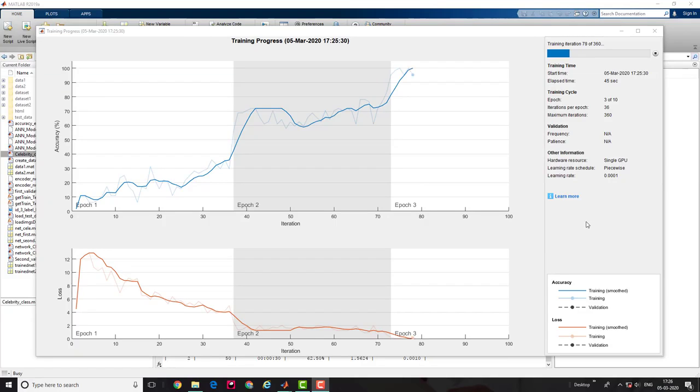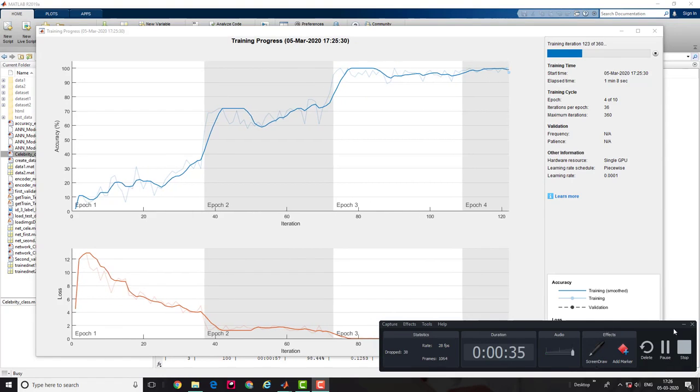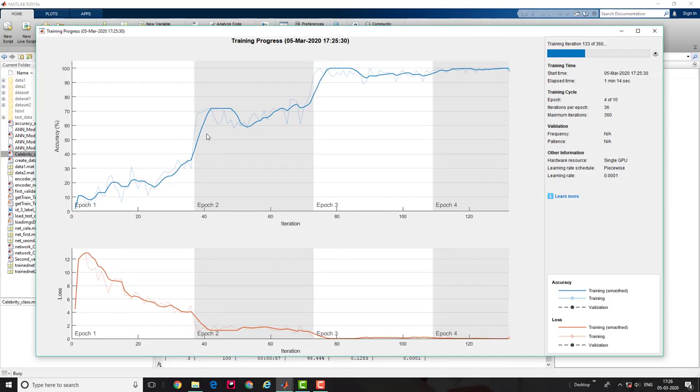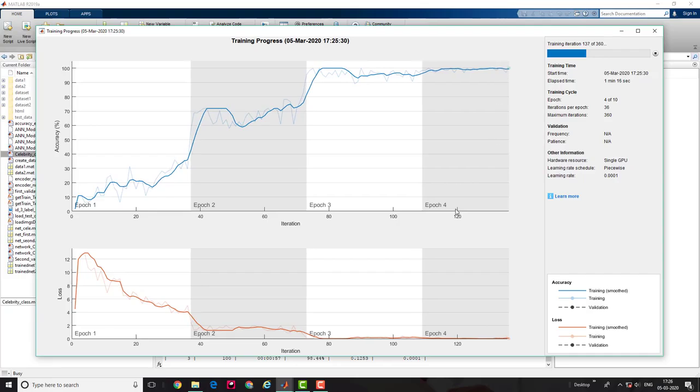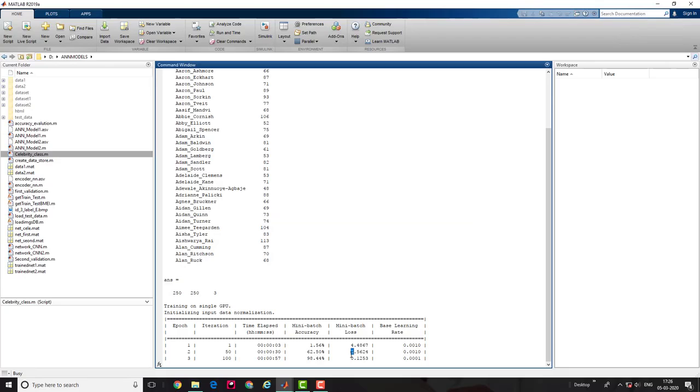What is the loss? 1. So MATLAB enables us to visualize the training process, how the loss is going and what the accuracy is. You can monitor the accuracy also. You can see here my training almost gets stabilized at epoch 4 and the loss is almost negligible. Let's see how much loss there is right now.